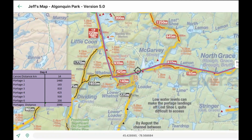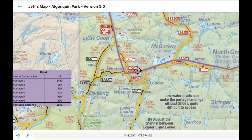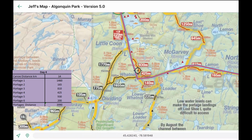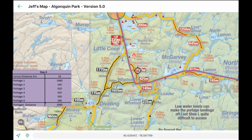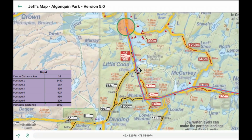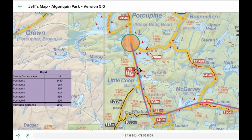And then this lake, McCarvey, is going to narrow down a little bit. And then you're going to hit a portage of 425. And a quick right turn of another portage of 930. This is called Double Devil Staircase. I don't know if that means it's twice as hard as the other Devil Staircase, but be ready. Make sure you have your laces tied tight and a nice pair of boots so you don't get any twisted ankles. After that challenge, it's going to take you to Little Coon, and you're going to have a 220 portage